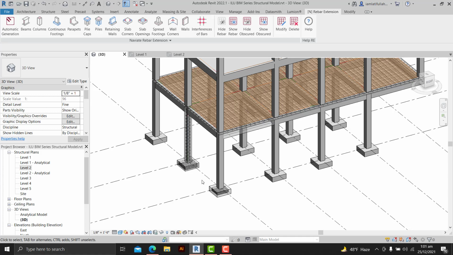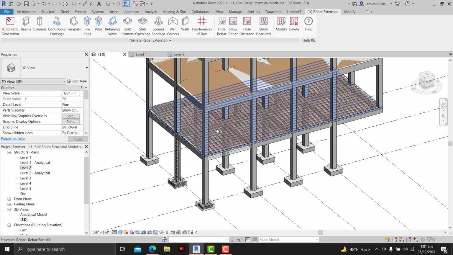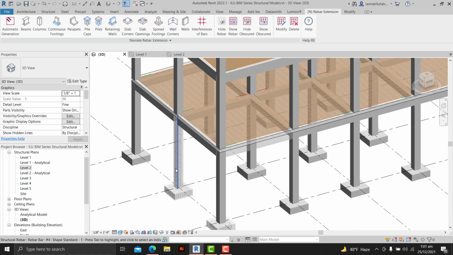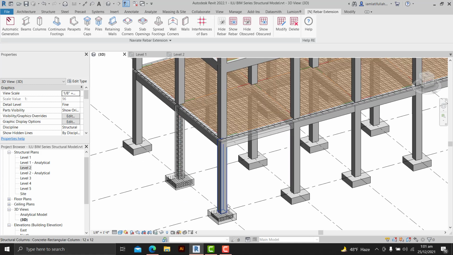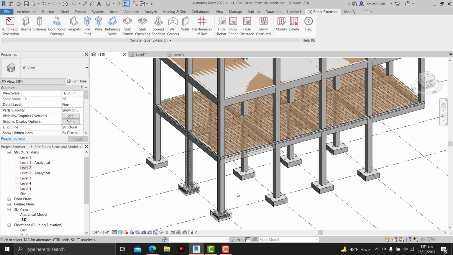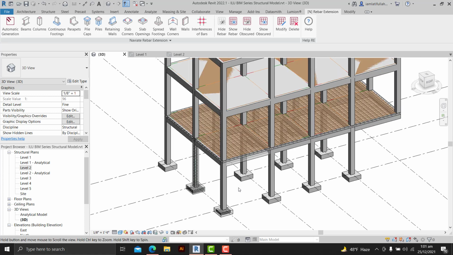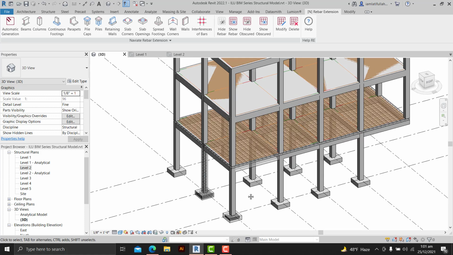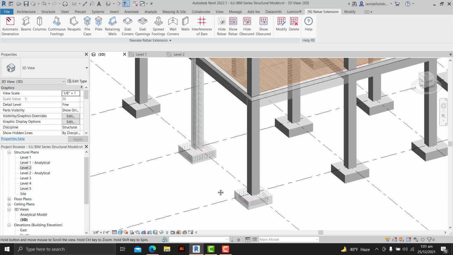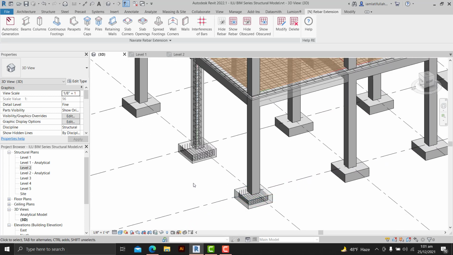Then I'll delete all this reinforcement from the slab, beams, columns, and footing, and we will import this structural model to Autodesk Robot Structural Analysis, do the structural analysis there, design it according to ACI 318, and then bring it back with reinforcement to Revit. That would come after this video. So in this video, let's see how we can manually add reinforcement in any of the members.